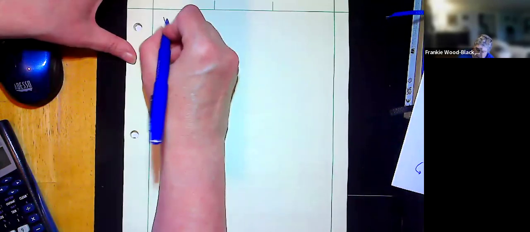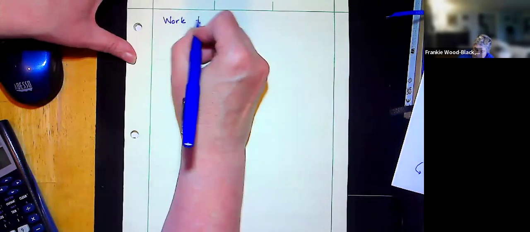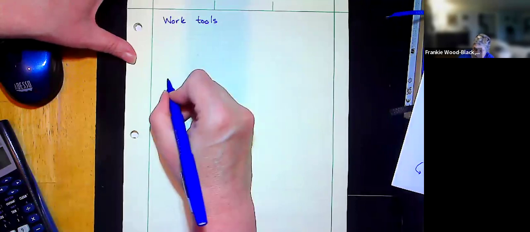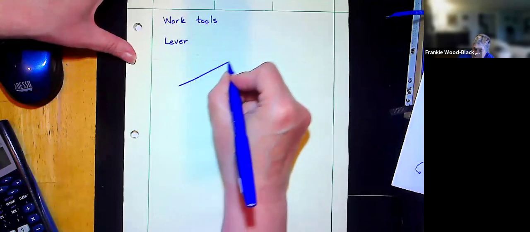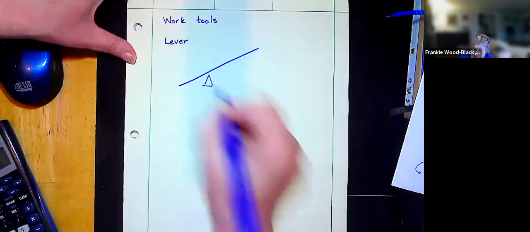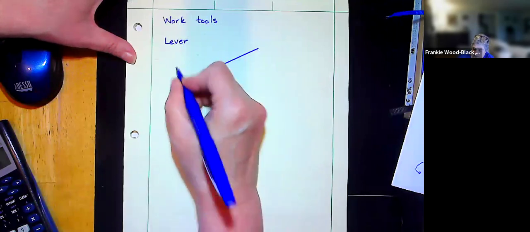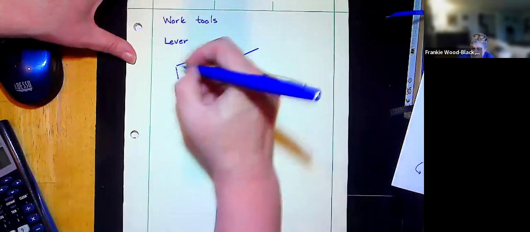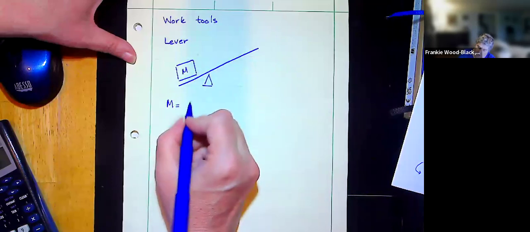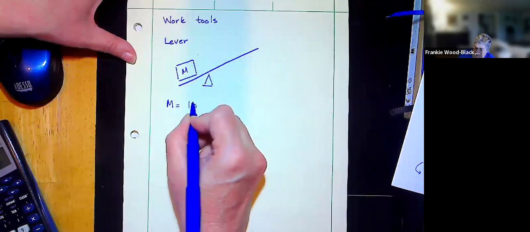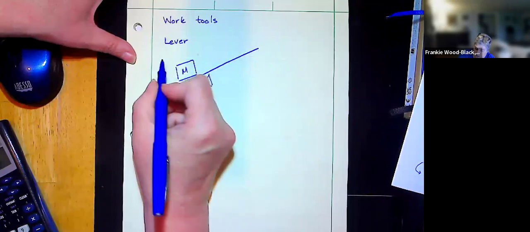So let's look at work as for tools, because we use tools because it helps us out. So let's look at work in relationship to tools. One tool we have is a lever. And in my lever, I have a fulcrum. Now I want to lift my object or my box. Let's say this has a mass of 15 kilograms, and we want to lift it up